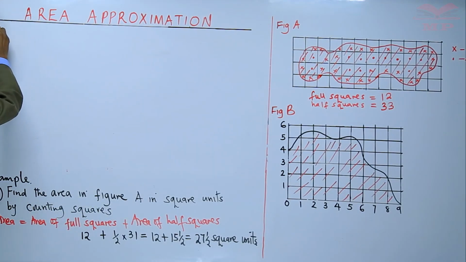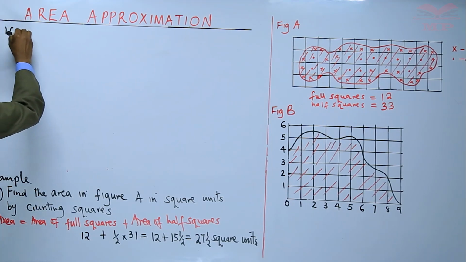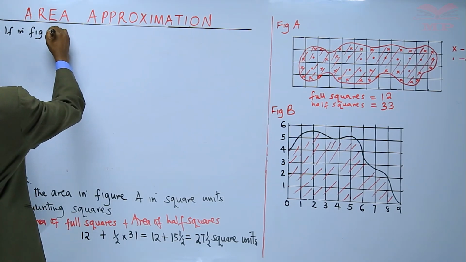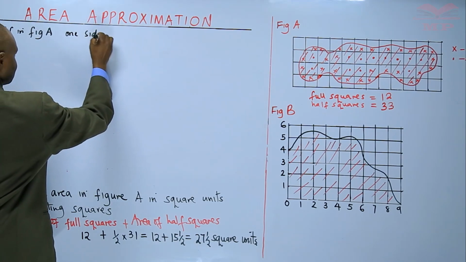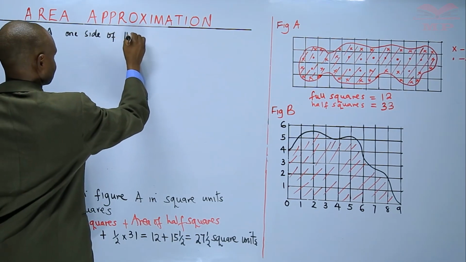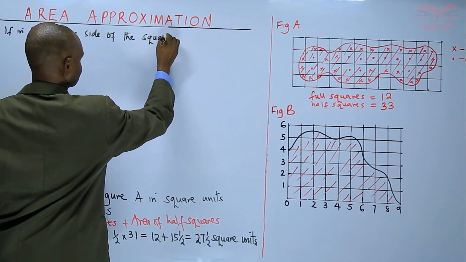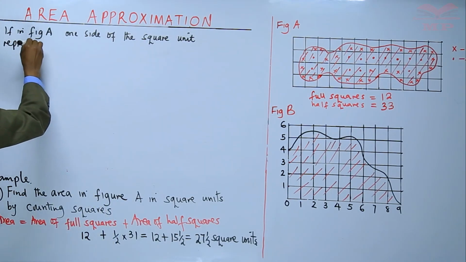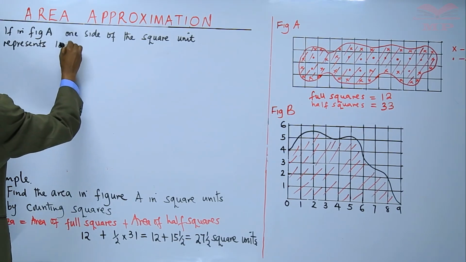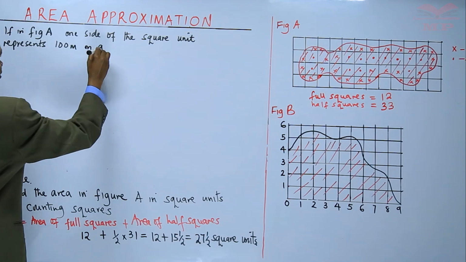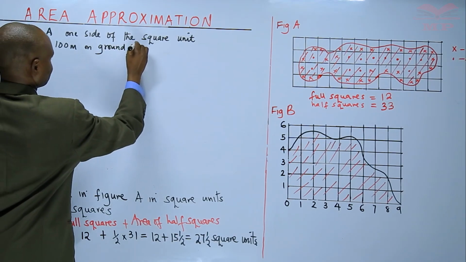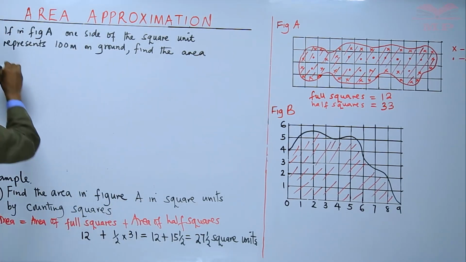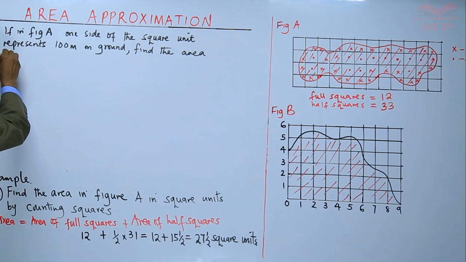In 2, they can ask if in figure A, one side of the square unit represents 100 meters on ground. So find the area of the land